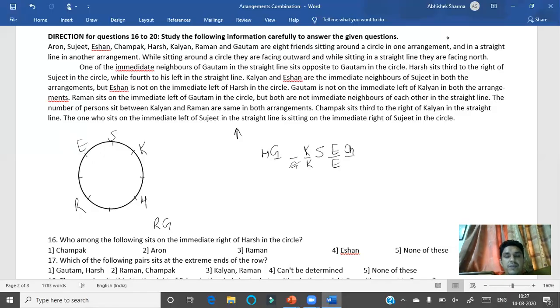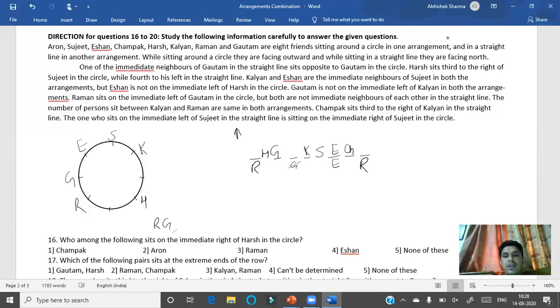Thereafter, the thing that we have left with is the number of people who sit between Kalyan and Raman. Kalyan and Raman is the same in both arrangements. So friends, we can write it as: Kalyan is here. So after three people, Raman can be here or Raman can be here, right? We are left with this arrangement, like Raman will be immediate left of Gautam. So we can write Gautam here,